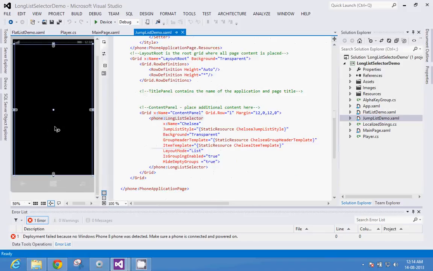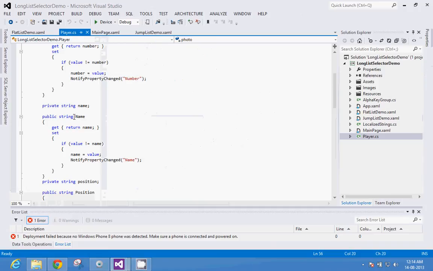Fine. So let's get on with the task. In this jump list demo, what we are going to do is group the players alphabetically on the basis of their names. If you see, player has properties like name, like Fernando Torres. So Fernando will be grouped in F. So is Frank Lampard, Frank F and Fernando F, right?